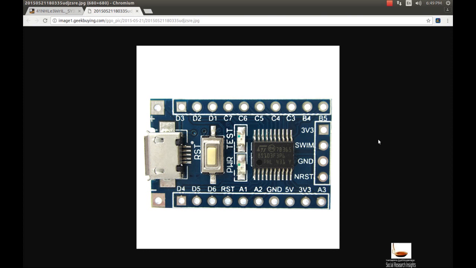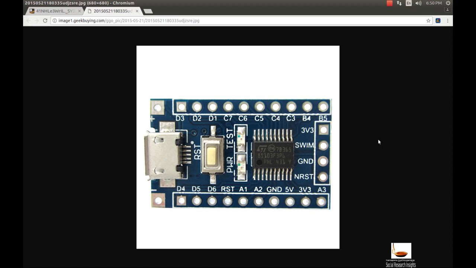Today I'm going to give a brief description of how to install some of the required software to deal with STM8 and also ST-Link V2. We are going to do some experiments using these two modules, I mean the electronic gadgets, for the forthcoming tutorials. I'll be teaching you how to do very basic